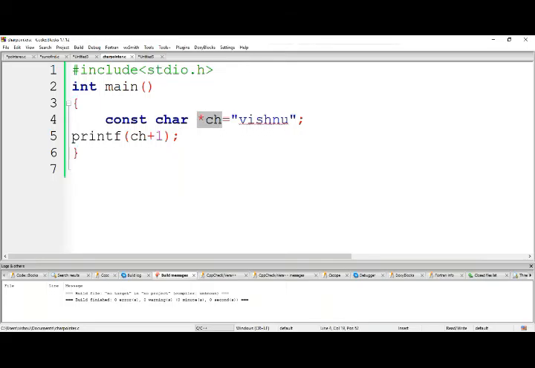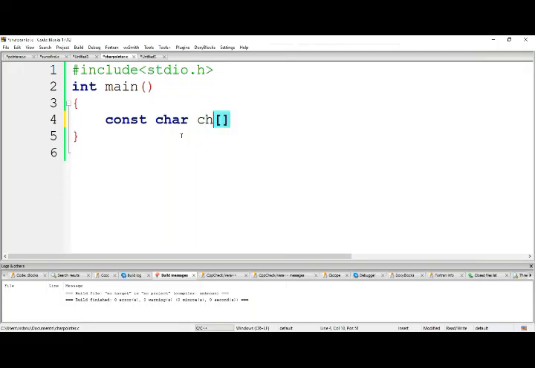What is the size of ch? It will be 4 bytes, irrespective of what we are storing. But when coming to the character array, the size will increase depending upon what string you are going to store. The size needs to be incremented in the character array. While coming to the character pointer, it is easy. So let us discuss one more thing in the character pointers concept. It is ragged arrays.